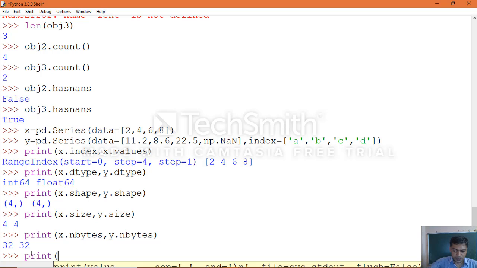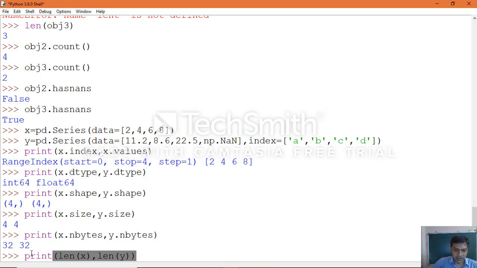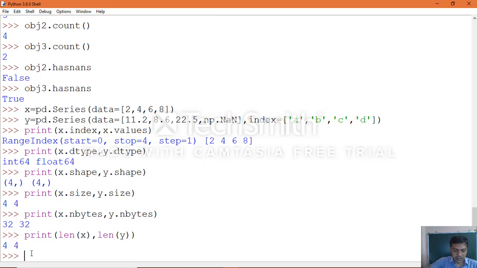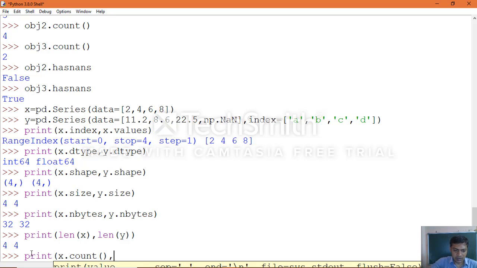Print length of x comma length of y object. Let's see. Same manner, check count also: x dot count comma y dot count.